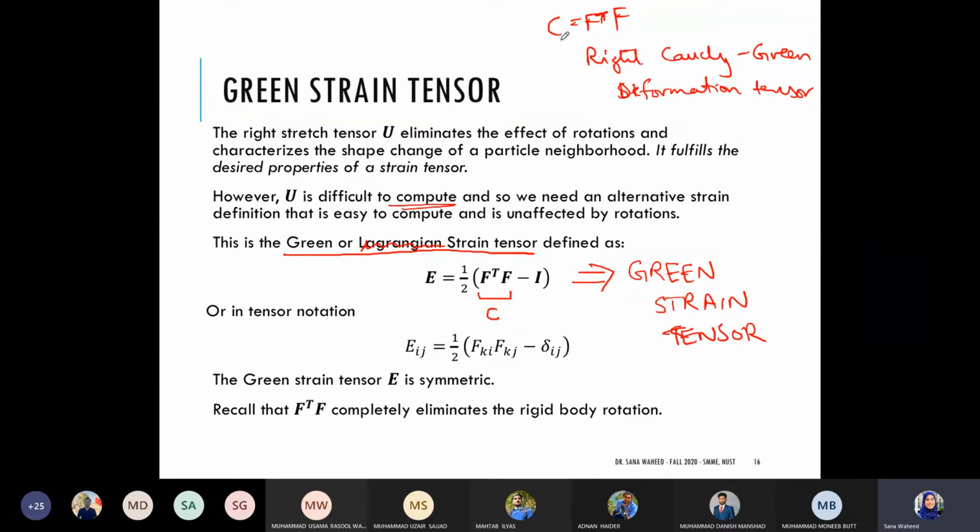Now, I just want to point out again that the right Cauchy-Green deformation tensor C is FTF, which already does not have any dependence on rotation, because we saw that when we multiply the transpose of F with F, we get just U transpose times U, right? This U transpose times U contains information about the strains. This is completely independent of the rotations. So I'm just trying to point out that this Green strain tensor